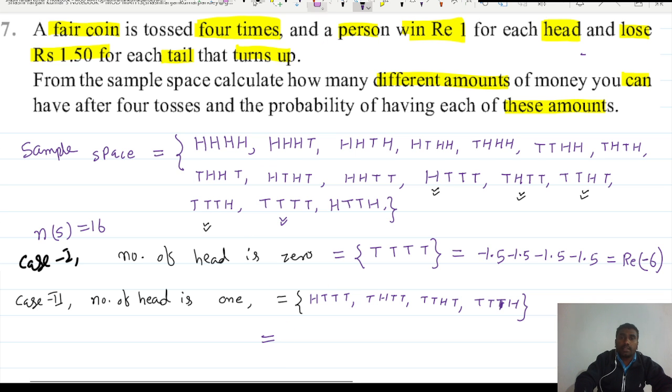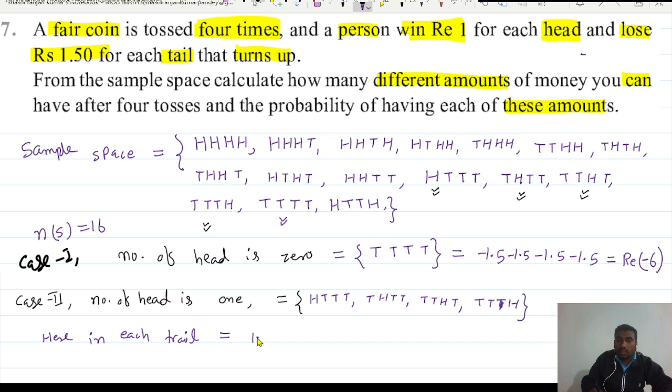In each case, right here, in each case, in each outcome, in each trial, you can write what we are getting here. This is head, so head